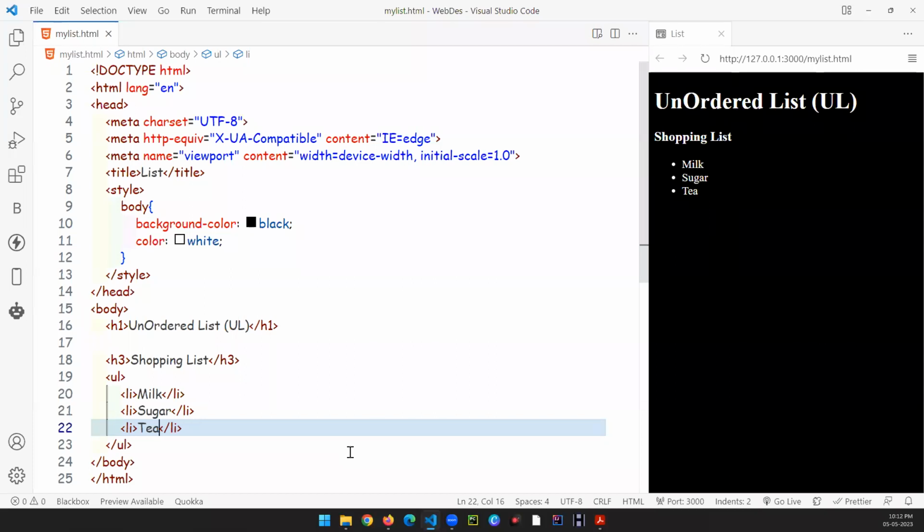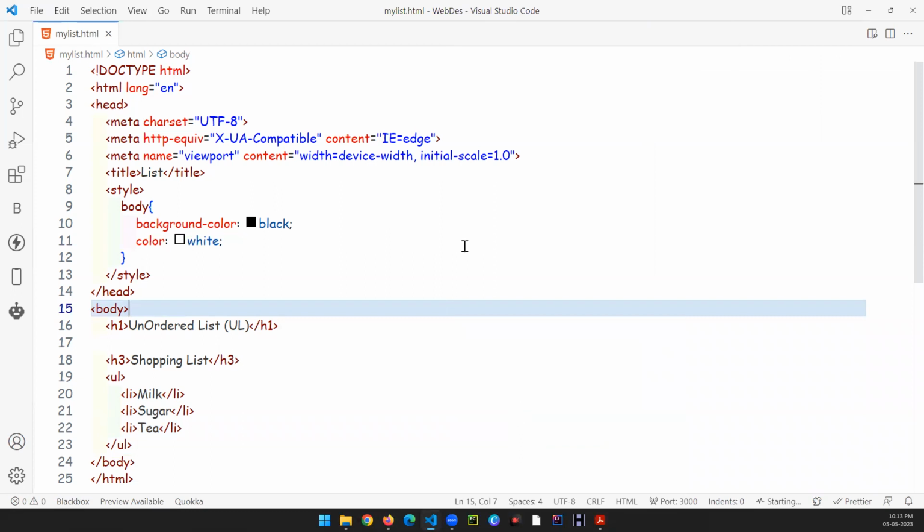Over here you can see, as I said that this is an unordered list, we won't be getting any numbering. What we are getting are some bullets. By default we will be getting a circle. This is a circle basically, no, we can say basically this is a disc. If we